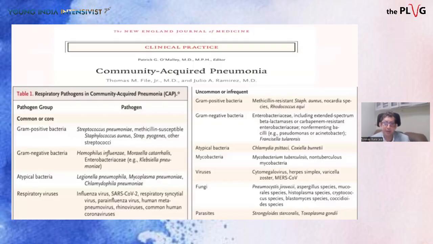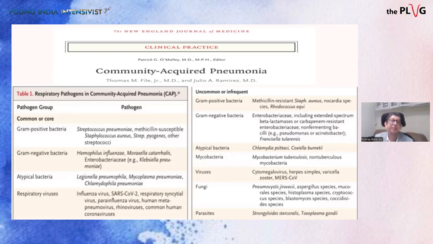Coming to the etiology of community-acquired pneumonia, definitely we have gram-positive, gram-negative, and atypical bacteria. Strep pneumoniae and MSSA are common, as are Haemophilus and Moraxella, and also viruses like influenza, SARS-CoV-2, as well as parainfluenza, human metapneumoviruses, and rhinoviruses. Atypical bacteria like Legionella, Mycoplasma, and Chlamydia also need to be considered. Less common causes will be gram-positive MRSA or gram-negatives like Enterobacteriaceae or Pseudomonas, but that needs to be considered in appropriate settings if the patient has comorbidities, recent hospital admission, or recent history of antibiotic administration within the last